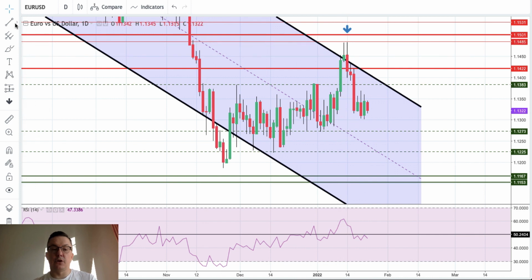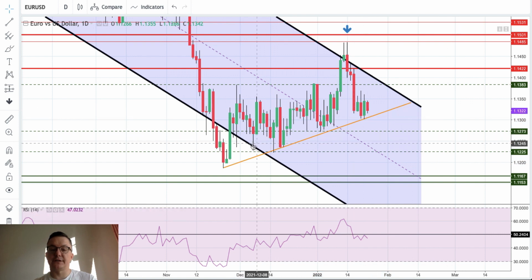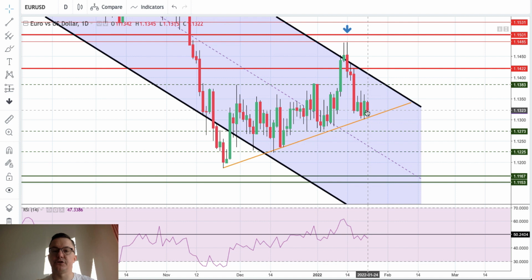So right now we can put on the chart a short-term trend line. This is the short-term support trend line. As you can see, so far the market is trending above this line. However, after the PMI data are published, the situation might be a kind of different. So please keep an eye on any violation of this trend line towards the technical support at